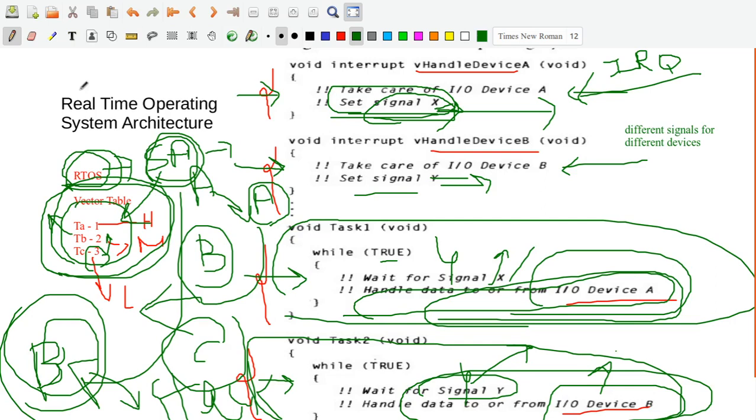Of course it is complex, but it is used where the response must be very accurate and efficiency and effectiveness are required. In that case you can go for the real time operating system architecture. So this is it about the real time operating system architecture.